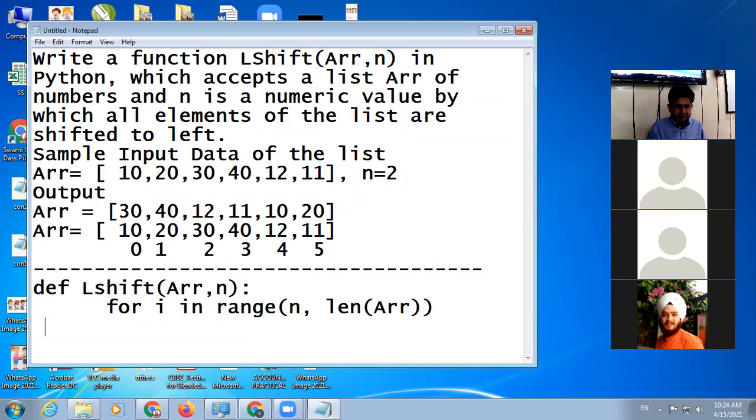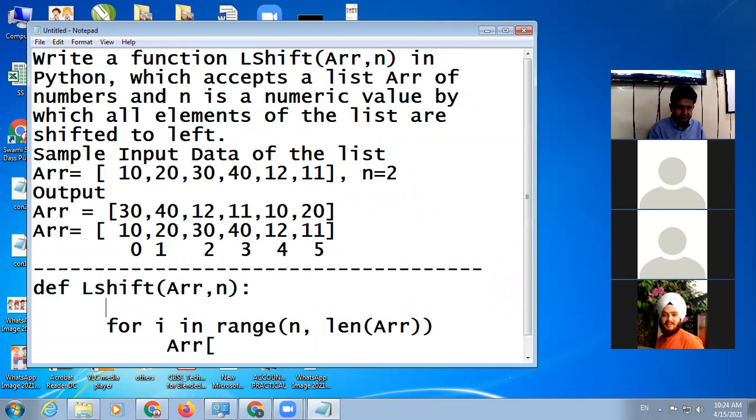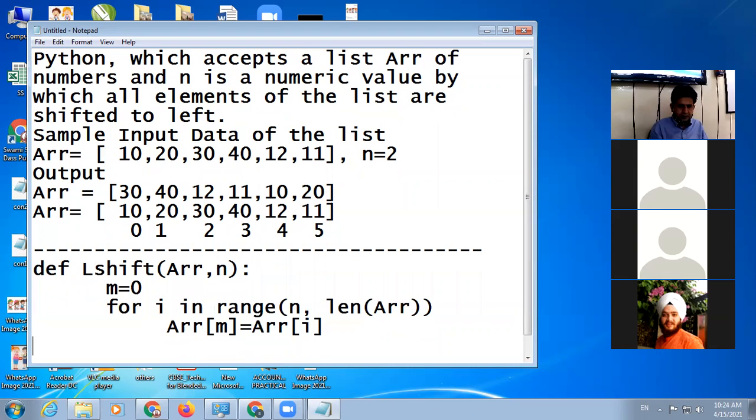Now next, we take one variable, m is equal to 0. ARR m will be ARR i. So in ARR 0, the value of ARR i will come.